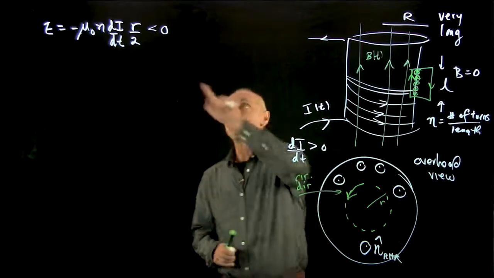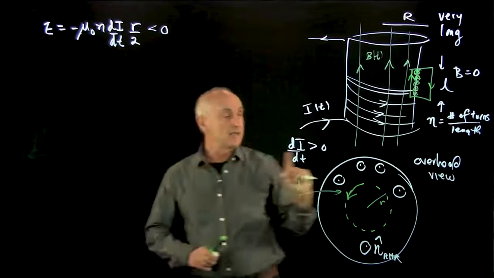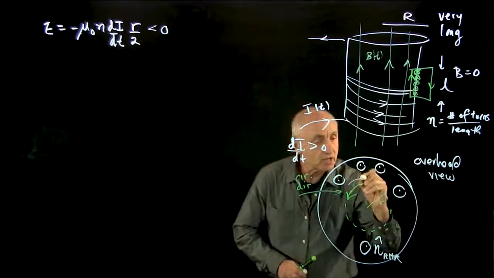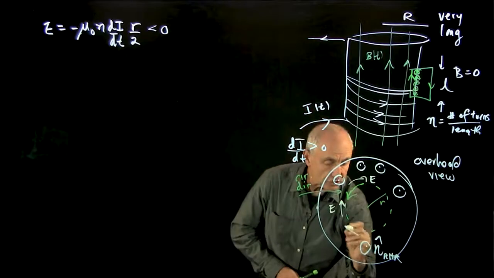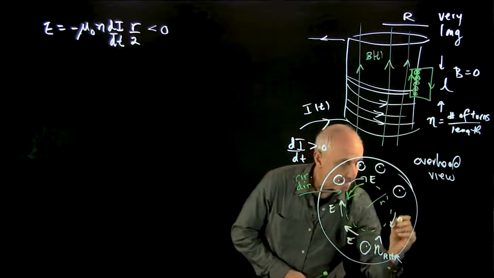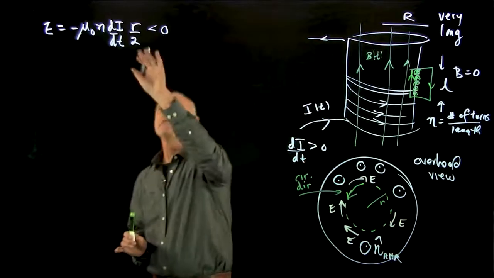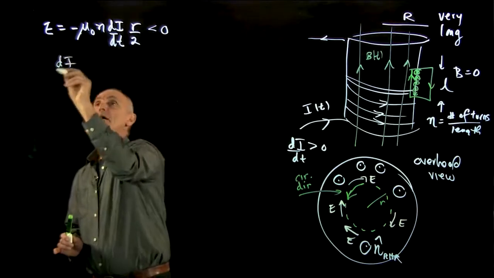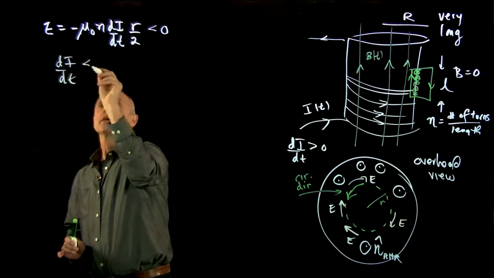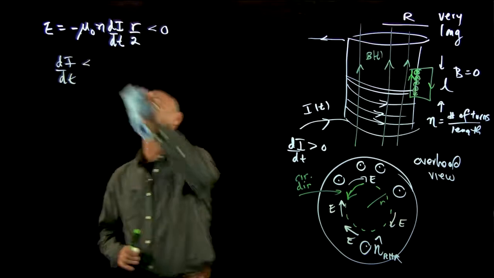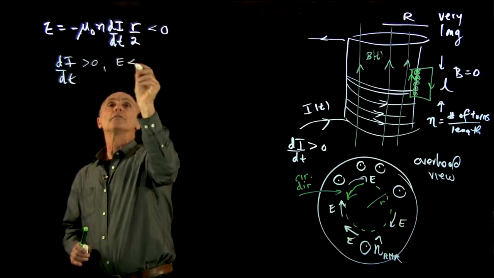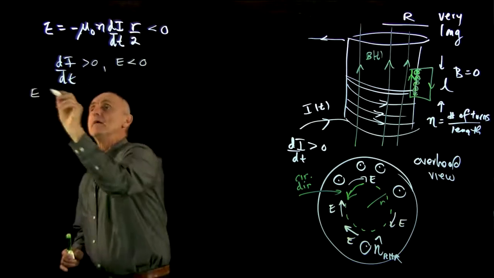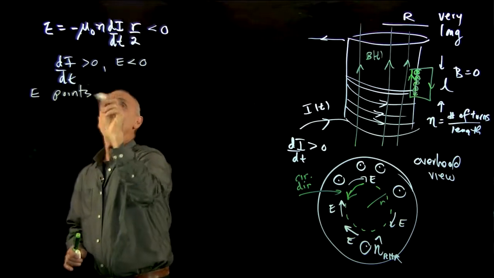And now, when you get a negative sign, it means that the induced electric field is opposite the circulation direction. If I had solved this problem, so for di dt positive, and let's just make that positive, E was negative, and it means that E points opposite